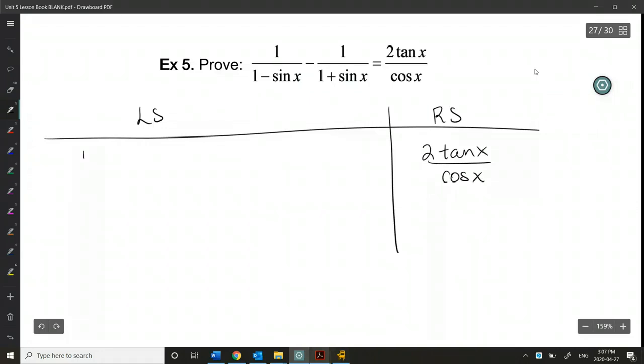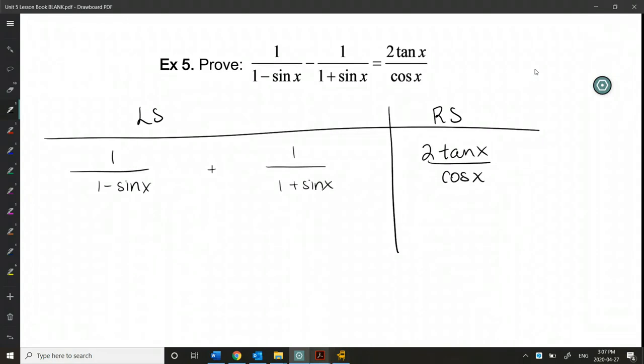So just recopy, and make sure that your left side here is kind of spacious. Leave yourself some space in between these terms. Just thinking ahead here. Okay, so the first thing that I'm scanning for is all the trig